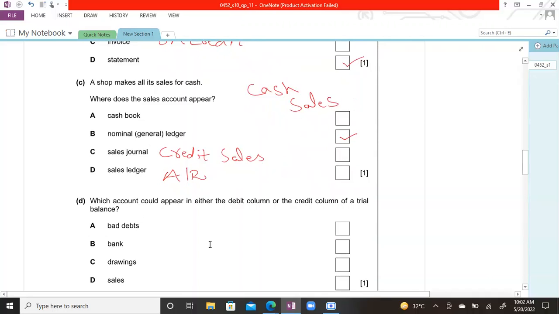Let's go to the next one. Which account could appear in either the debit column or the credit column of a trial balance? Means an account which may have a debit balance or which may have a credit balance. So the bank